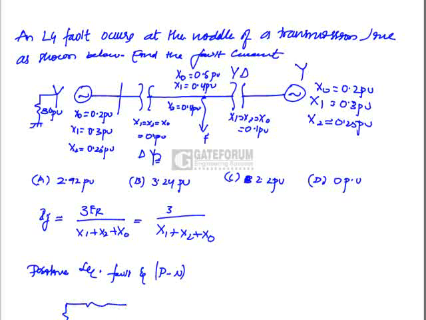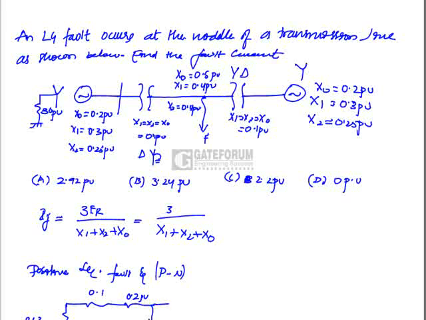reactance values like this. This is for generator, transformer. Since it occurred at middle of the transmission, positive sequence value given as 0.4 per unit, so this should be equal to 0.2 per unit. Fault occurred, let us take at this point. This is generator positive sequence reactance, which is 0.3 per unit. Transformer he has given as x1 is equal to x0 is equal to